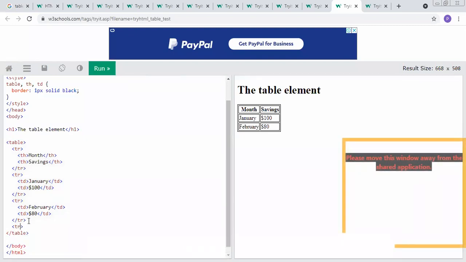For example, tr. In that we open a new td tag. After that we can enter the next month, March.